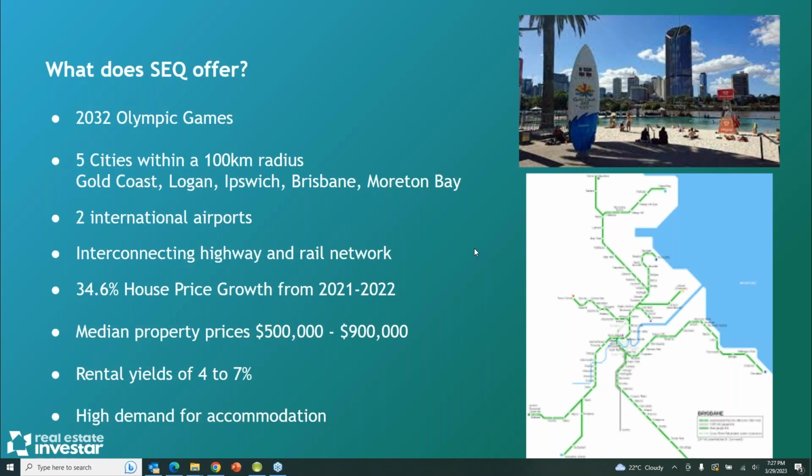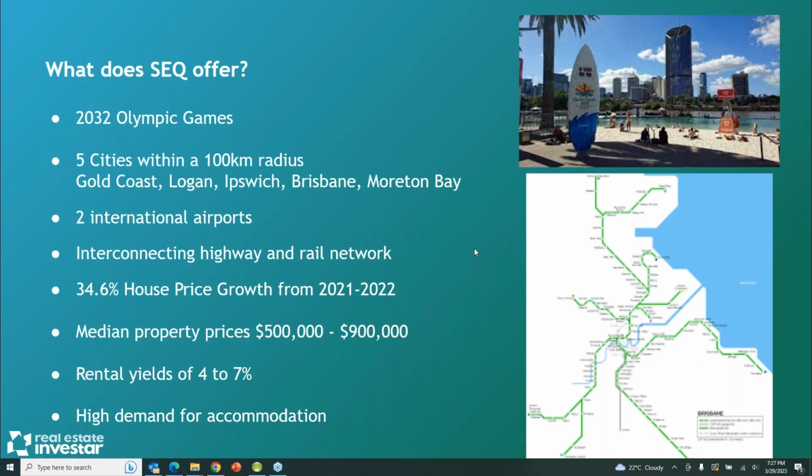And that's a real confidence boost for Brisbane to host the Olympic Games. And there'll be a lot of infrastructure built. It'll create jobs. It'll create workers. So these people working on the villages and the stadiums, etc., will need to rent somewhere. So again, that's confidence for the low vacancy rates.